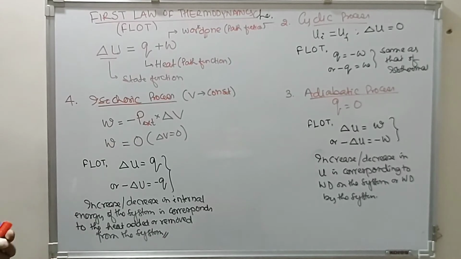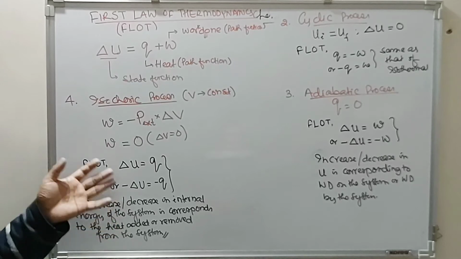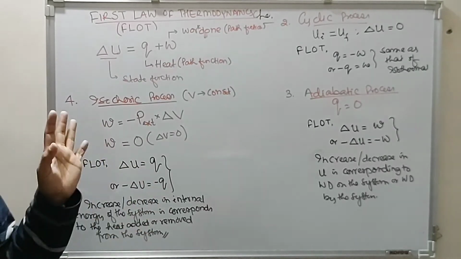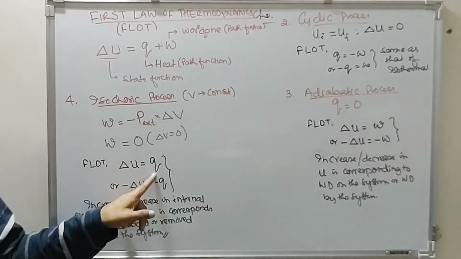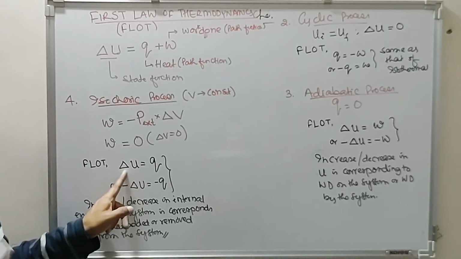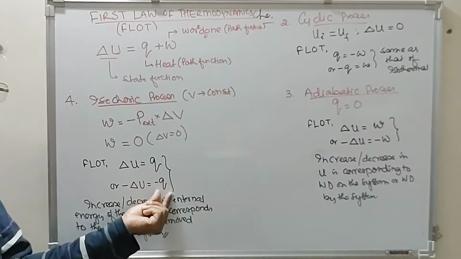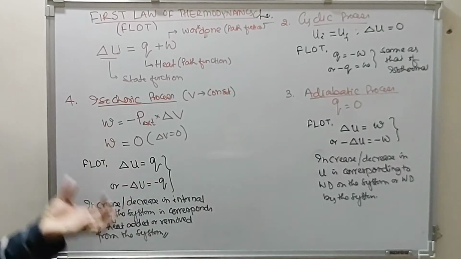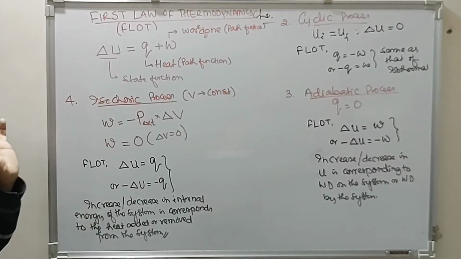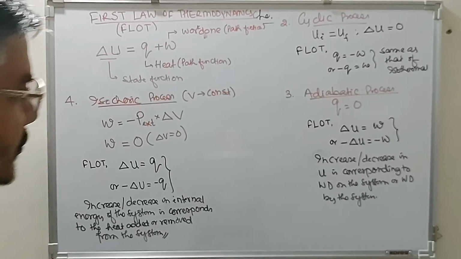So corresponding to heat added or removed, there must be an increase or decrease in internal energy of the system. Under an isochoric process, if heat is added, there is a corresponding increase in internal energy. If heat is removed, then there is a corresponding decrease in internal energy of the system. Now coming to the adiabatic process,